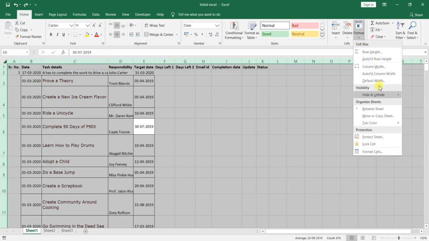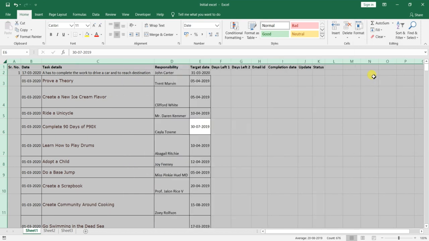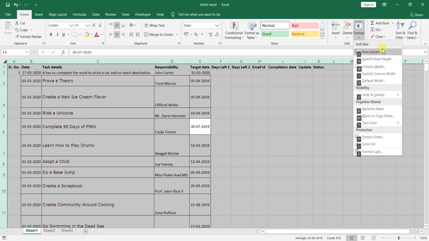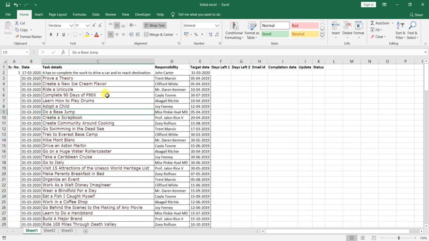And for column width, you can check that a small hyphen is available, so for that you have to press I. Automatically the column will be in fit mode, and again for row, Alt H O A, auto fit row height, right?